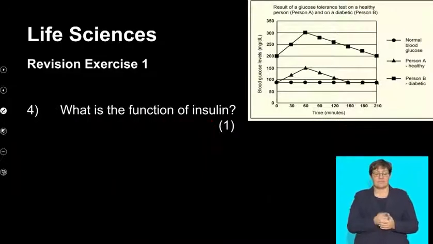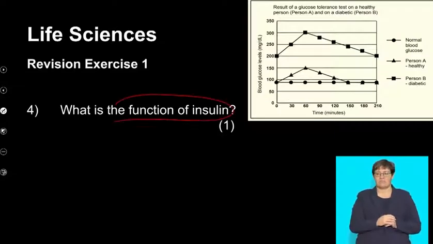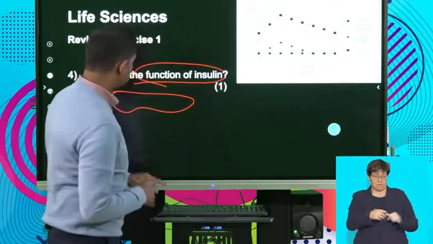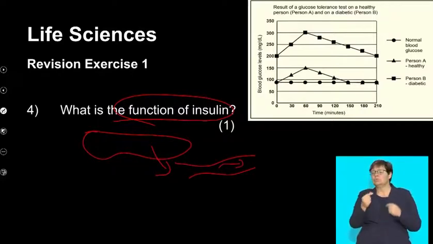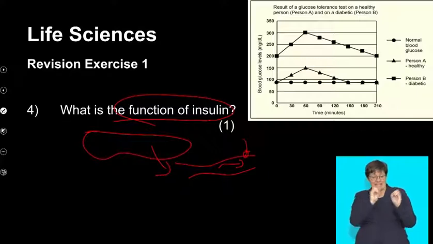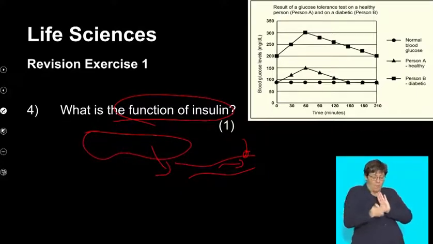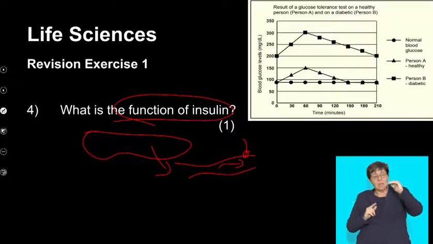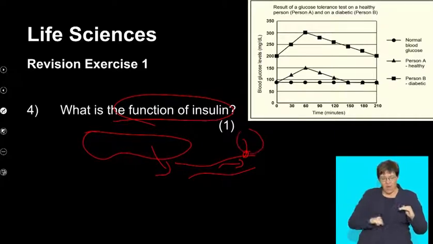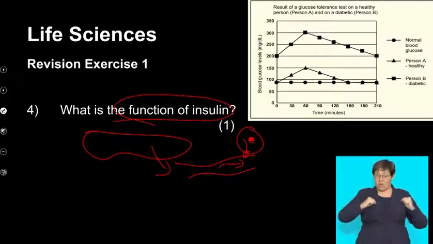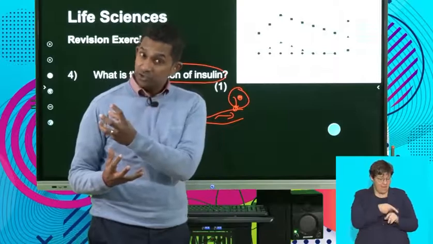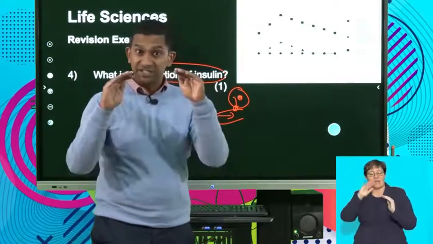Right. Question 4. What is the function of insulin? Guys, insulin is a hormone produced by the pancreas. Insulin is released into the bloodstream, and as it travels in the bloodstream, it allows the cells to absorb the glucose, therefore decreasing the glucose in the blood vessels, so that the glucose can be used for cellular respiration. So that would be the function of insulin. It allows for the glucose to be absorbed into the cells, therefore decreasing the